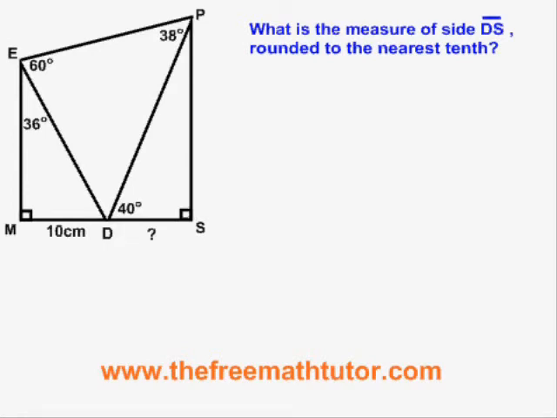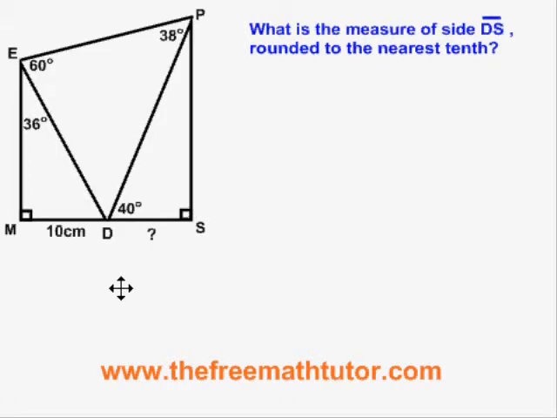Here's another example of a multiple step trigonometry problem where we are required to use any of the 5 basic trig formulas. What is the measure of side DS rounded to the nearest tenth? Side DS is part of a right triangle, but we don't have enough information to solve that triangle. It shares a side, DP, with triangle EDP, which also is a situation where we don't have enough information to